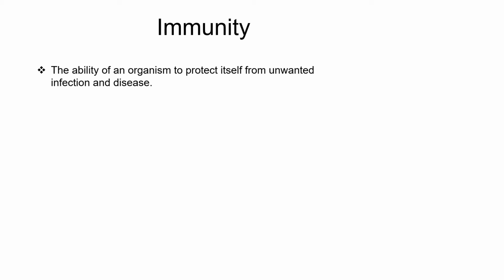Now, when it comes to immunity, the two types are nonspecific and specific. Your book says innate and acquired, and they use innate to mean nonspecific and acquired to mean specific. But we're going to see that innate and acquired are really, when you get into the words and what they mean, forms of specific immunity. So nonspecific immunity, to me, is a better definition than innate, and you'll see why as we go through it.